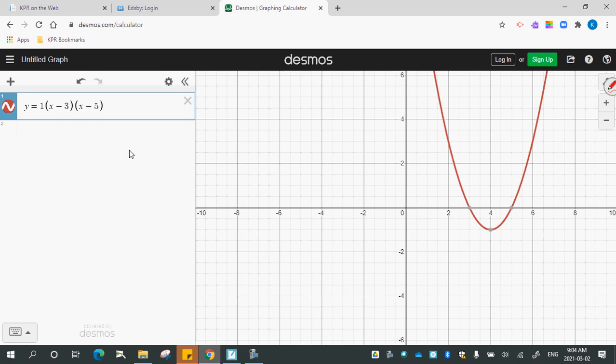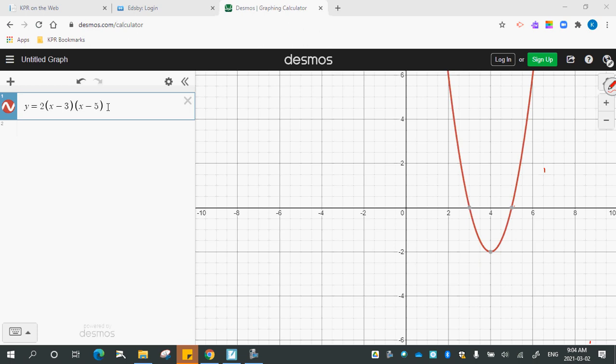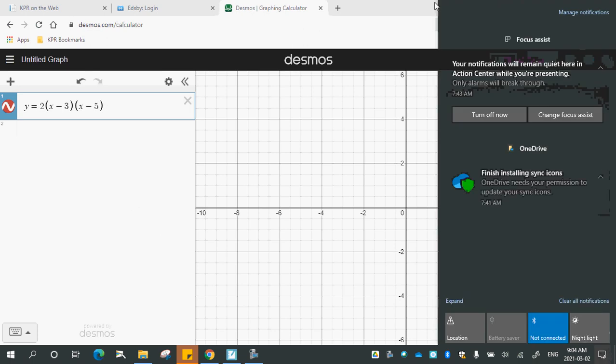And my step number's a 1, so I should be going over 1. Now this scale's weird. 2 squares is 1, but over 1, up 1, over 1, up 1, 2, 3. It fits. Okay? What happens if I change this 1 to a 2, do you think? Step pattern changes, so it's going to be vertically stretched. Okay, so it's got the same x-intercepts still because I didn't change the 3 and the 5 at all. Okay, but it's steeper. What do you think is going to happen if I change the 2 to a